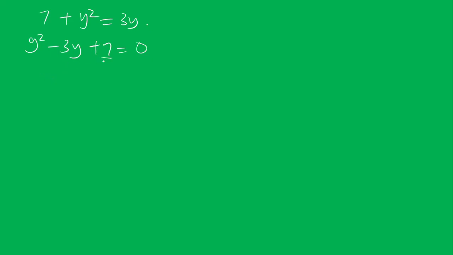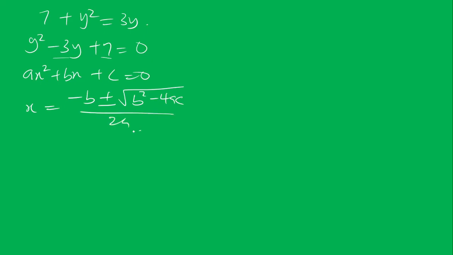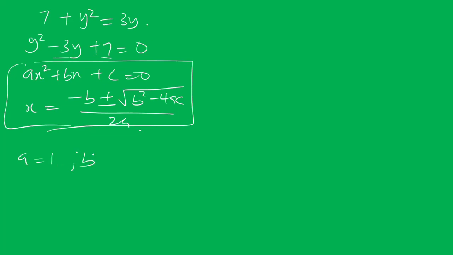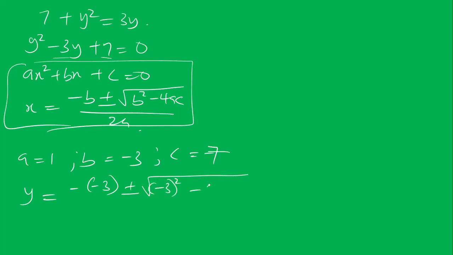Now, when you look at this, you know that there are no factors of 7 that will sum and give you minus 3. So what we're going to use is the quadratic formula. Where you have ax squared plus bx plus c equal to 0, x is equal to minus b plus or minus the square root of b squared minus 4ac, all over 2a. Applying this rule here, it means that a is equal to 1, b is equal to minus 3 and c is equal to 7. Now applying it, that means y is equal to minus bracket minus 3, plus or minus the square root of minus 3 all squared minus 4 times 1 times 7, divided by 2 times 1,